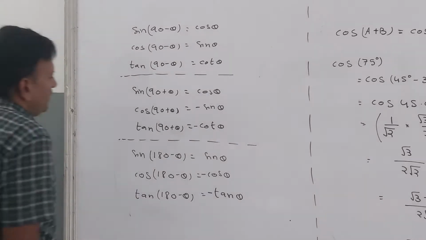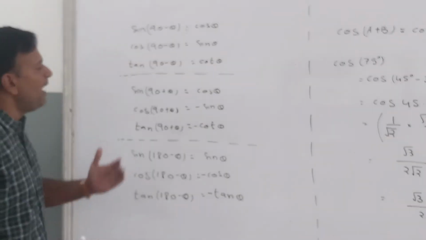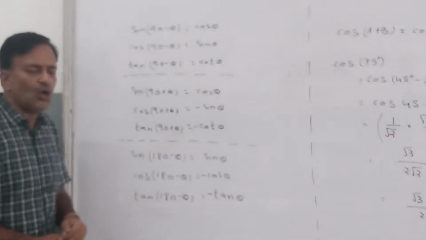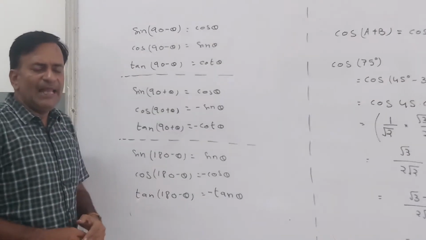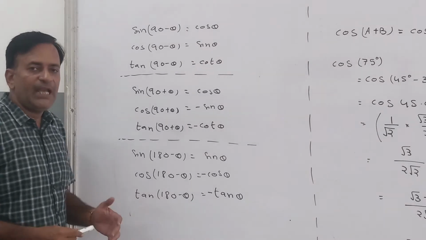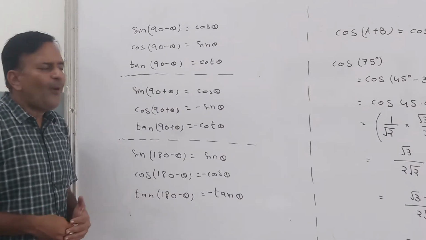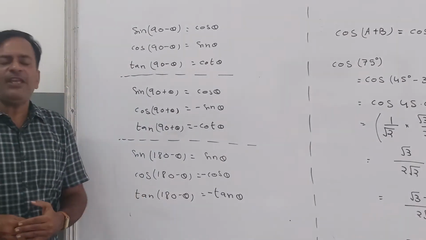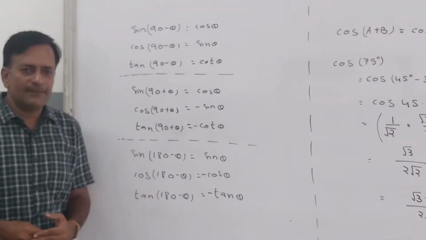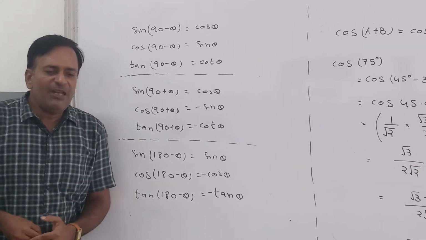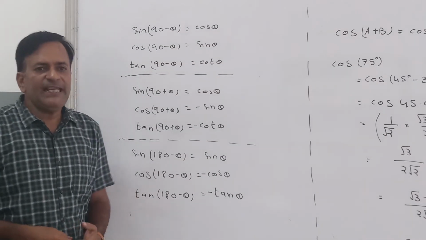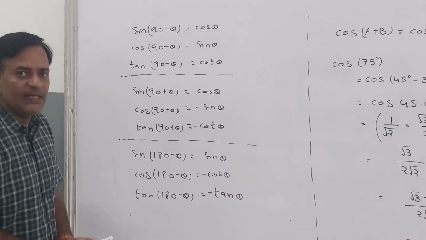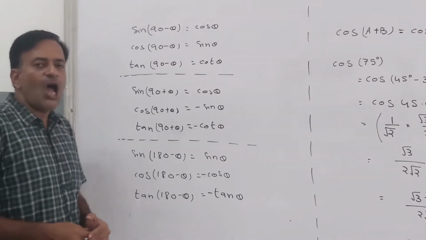These are known as added angles or compound angles, and these are a few formulas that are written on the board. There are a few other formulas that are given in the notes. You are required to practice them or learn them. I will be giving you many practice questions, so there will be no requirement of learning these formulas separately. When you practice those questions, the learning will take place automatically.